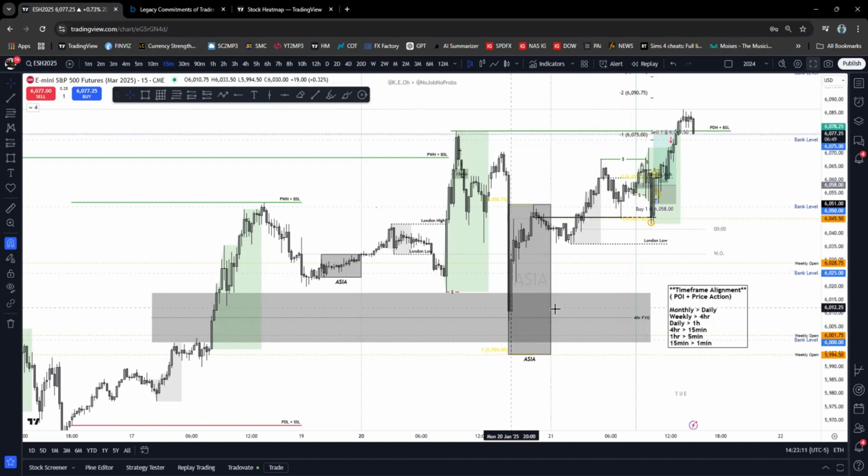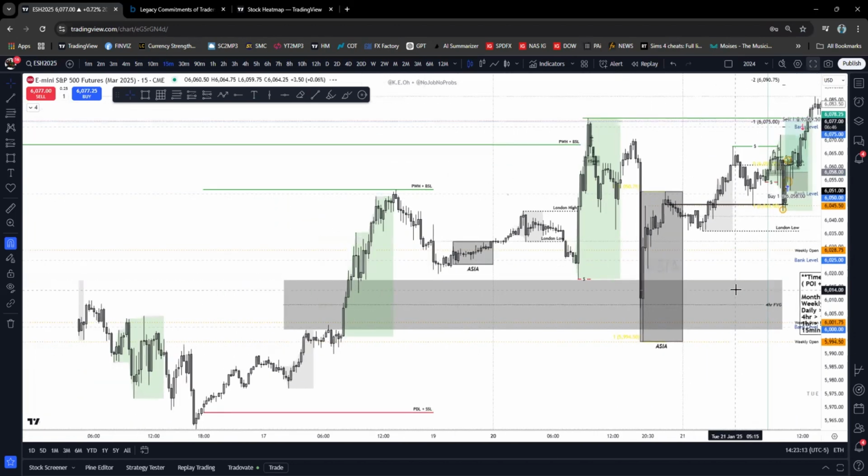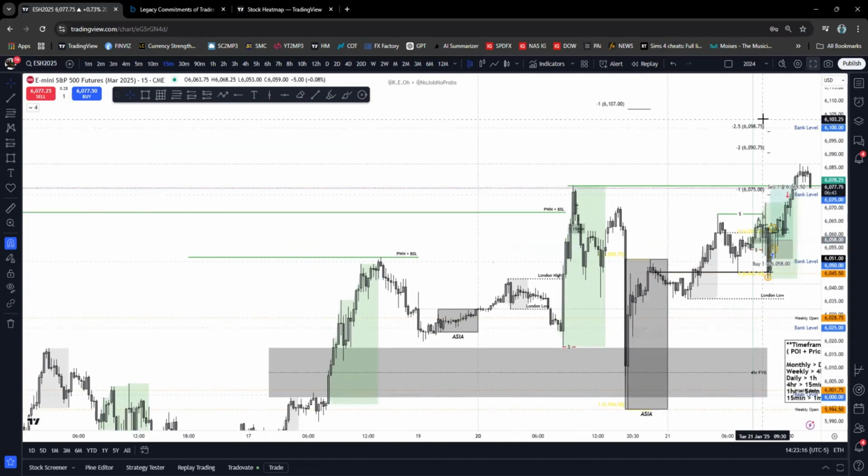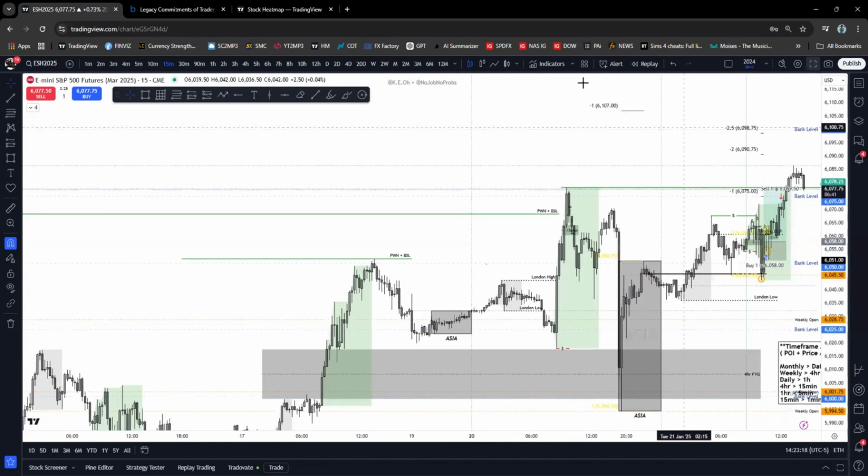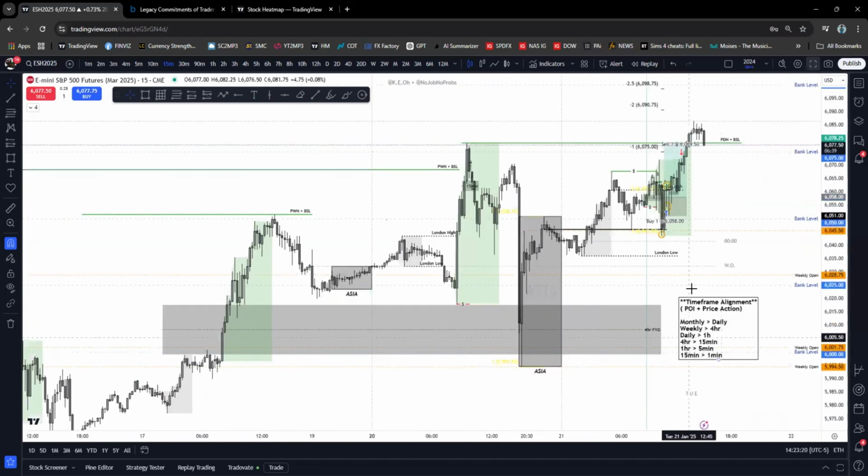So expecting a reaction out of the markets, what time frame do we want to align ourselves up with order flow? Well, if we look over here at our chart, it says if we are in a 4 hour point of interest, we want to look for 15-minute price action. So right over here, looking at the 15-minute, we came down into this 4 hour position and we get all